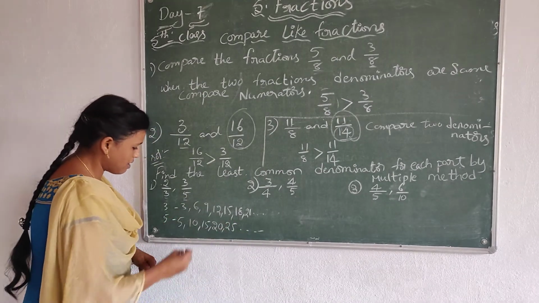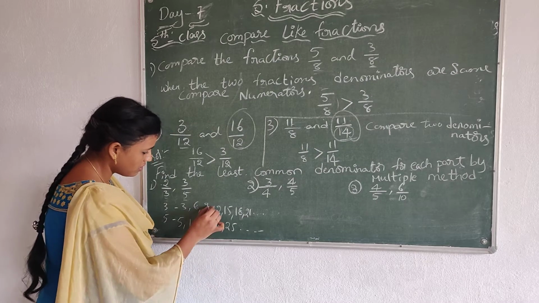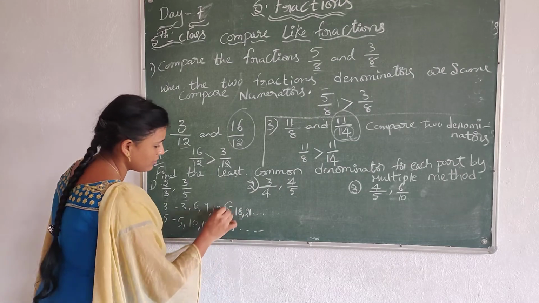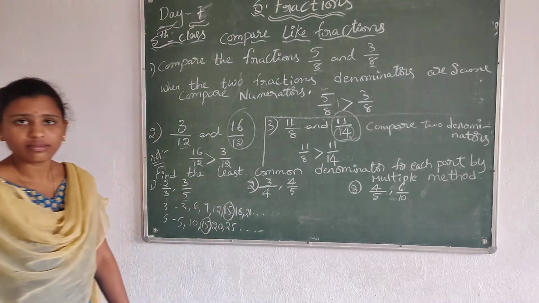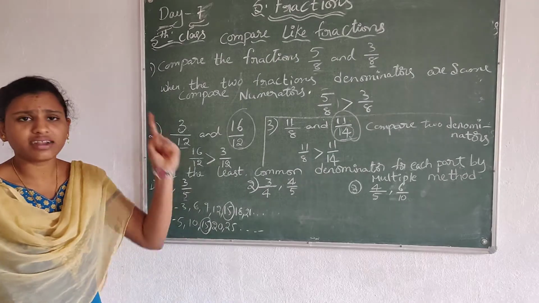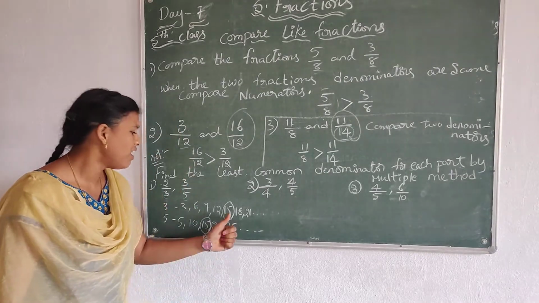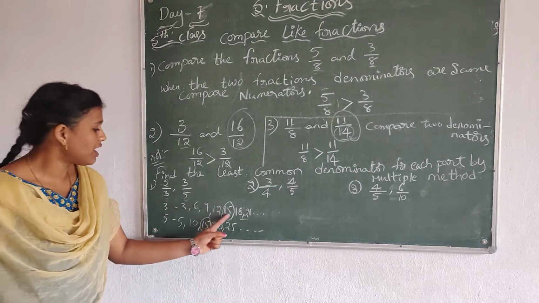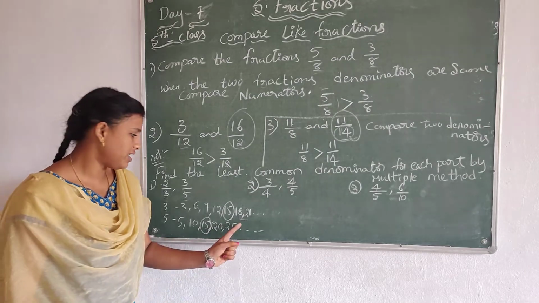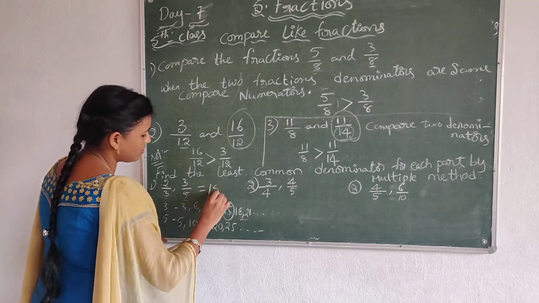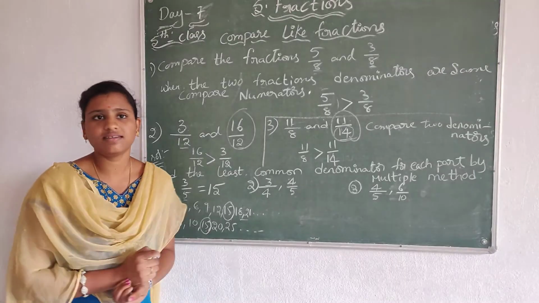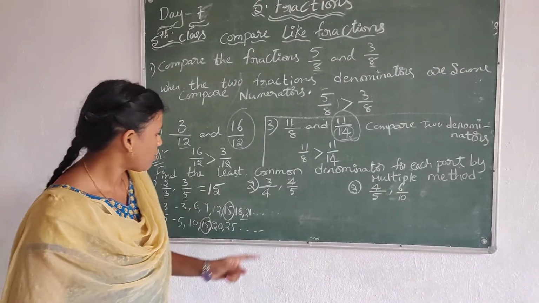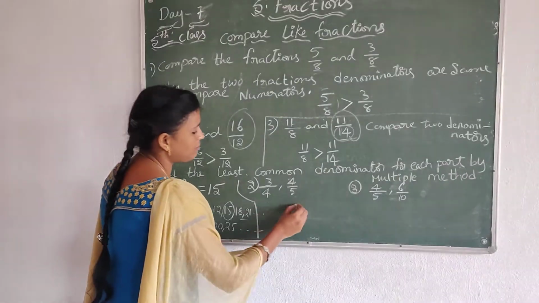See here, which are same? 3 is there? No. 6 is there? No. 9 is there? No. 12 is there? No. 15 is there? Yes. Use a circle. Yes, 15 is there. That is the first common multiple, that means the least common multiple. Any other common multiples? No, that is the only one here. So 15 is the least common multiple of 2 by 3 and 3 by 5. Okay, it's over. Let's come to this sum.